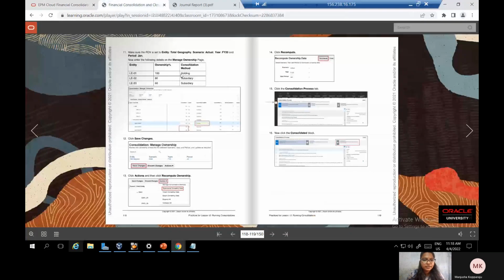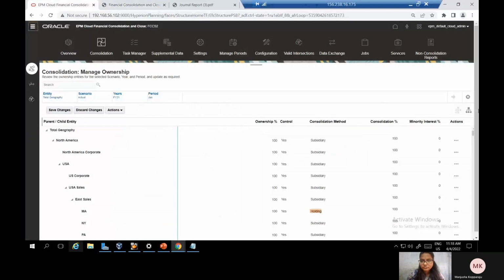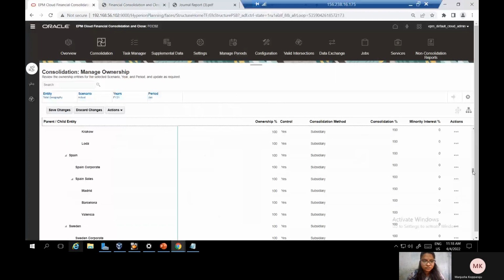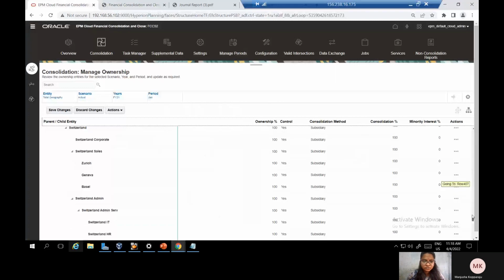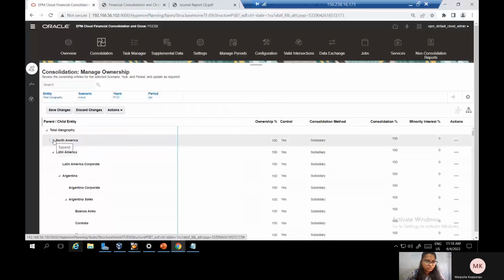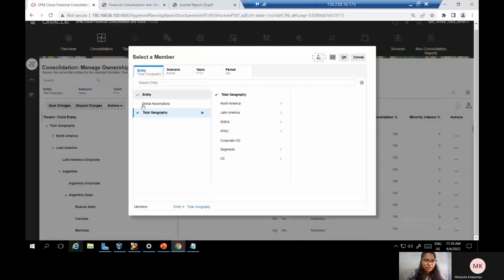Here we have to take LE as entity as holding. Sorry, back to application. Here in entity, we have to